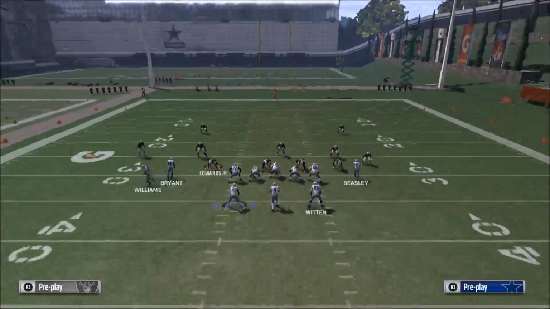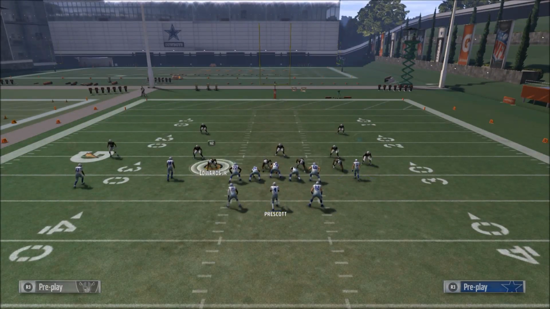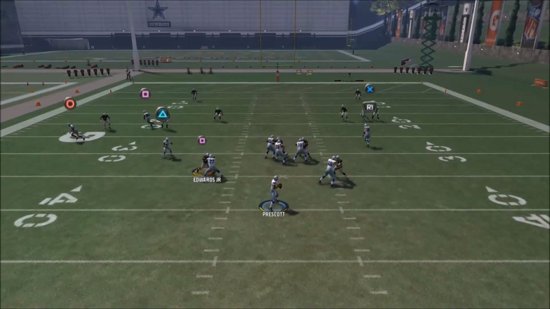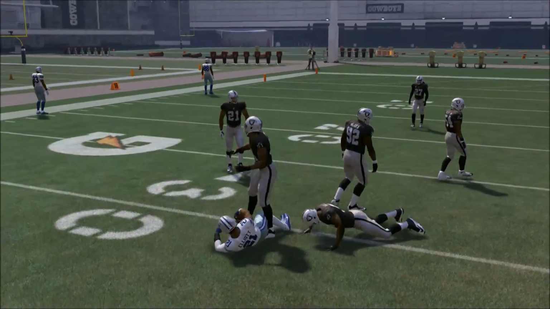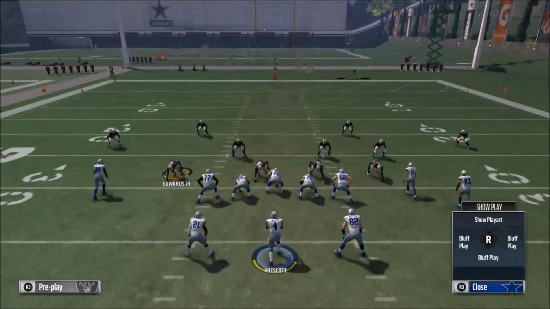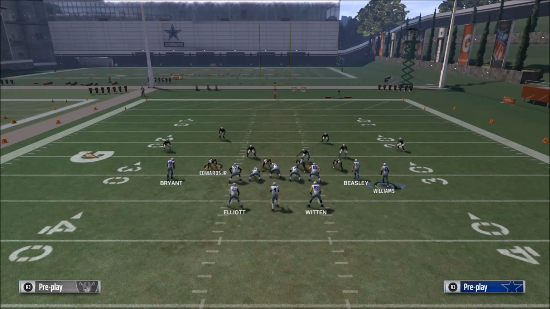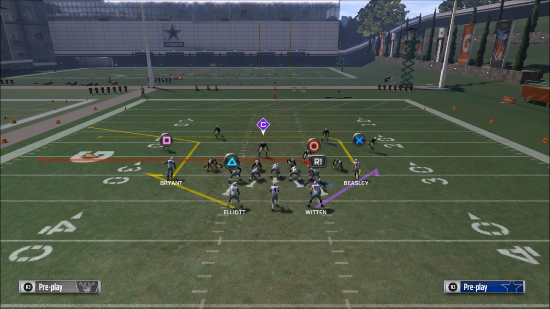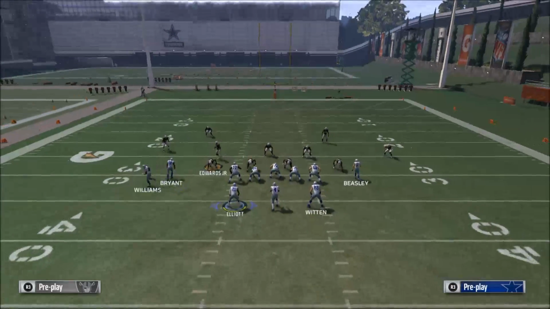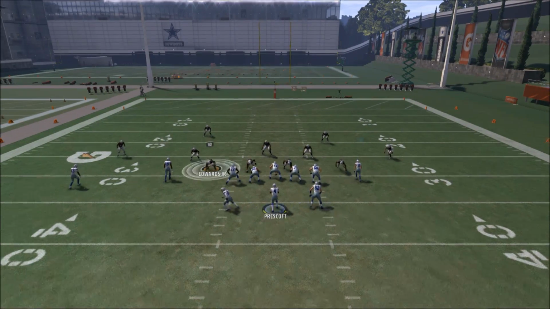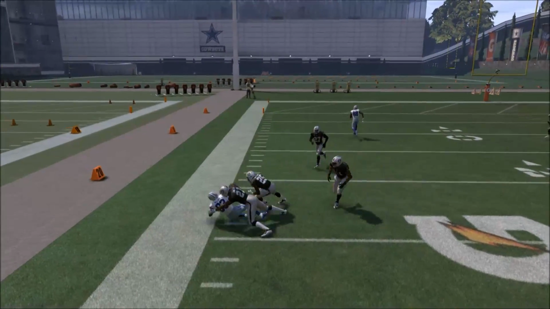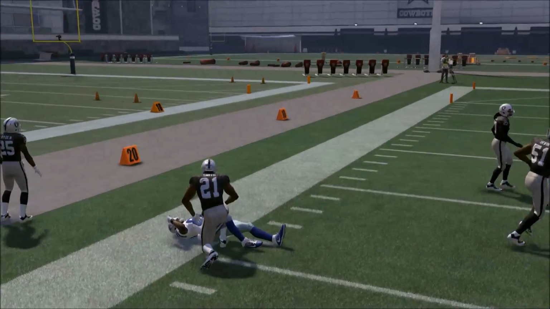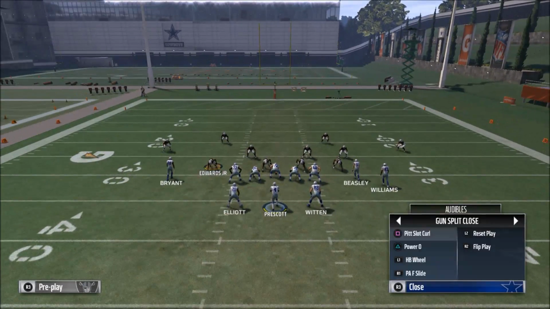Now you probably wouldn't run this against cover 2, but you can if you're careful with it. So this route to Zeke will be effective. The other thing you'll be able to hit if you run this against cover 2 is this out route to Williams right there to the sideline. So again, you'll tinker with this, and then your next step would then